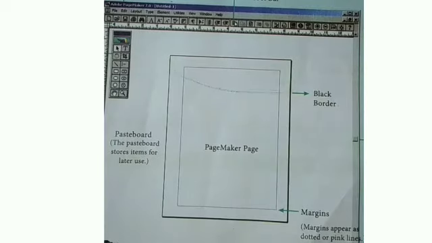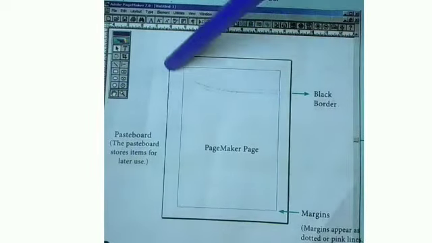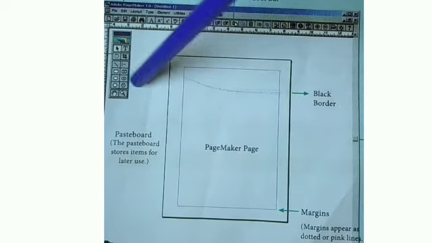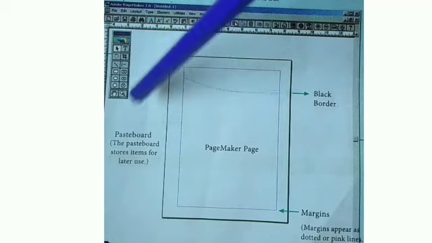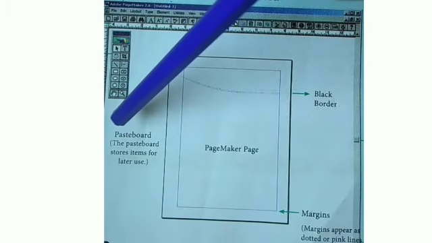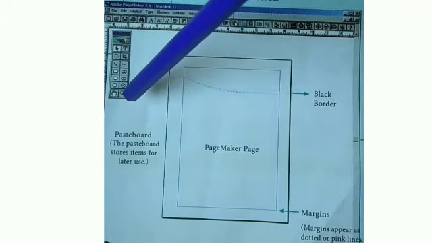Okay, next we can see about the pasteboard, the area outside of the dark border. That means this area outside of the dark border we can call the pasteboard. Anything that is placed completely in the pasteboard is not visible when you take the print.